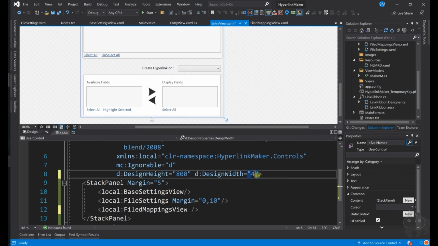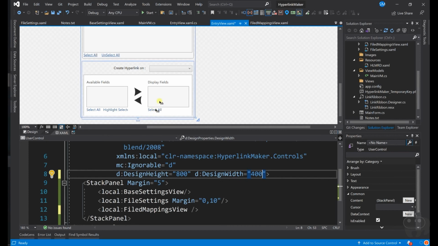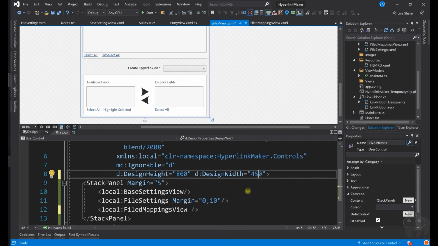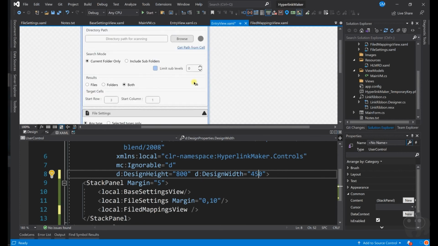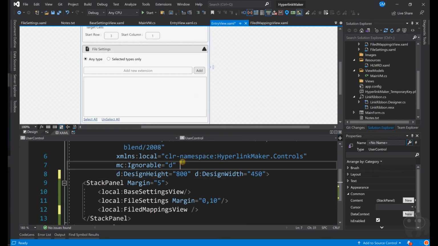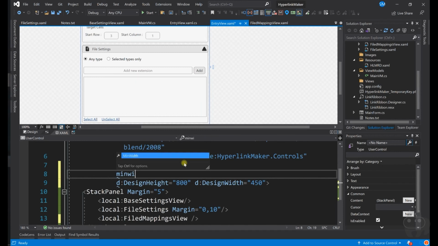What if the width is 400? We'll still be able to see until the width is 400, which is reasonable. So let's make sure that the minimum width is 450. If we go below 450, this is not going to be any useful for us. So let us set it up here. Minimum width is 450, which means the width is going to be 450.